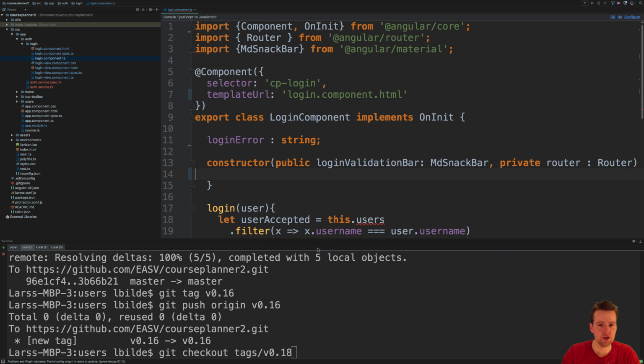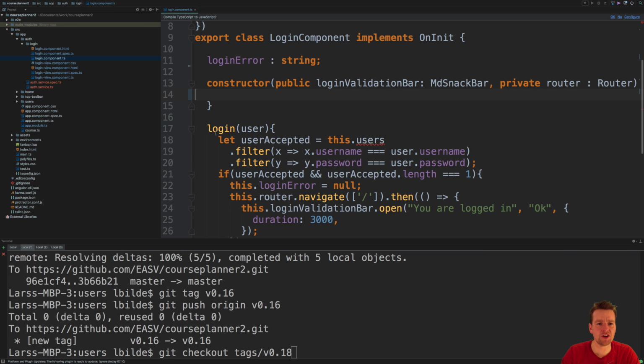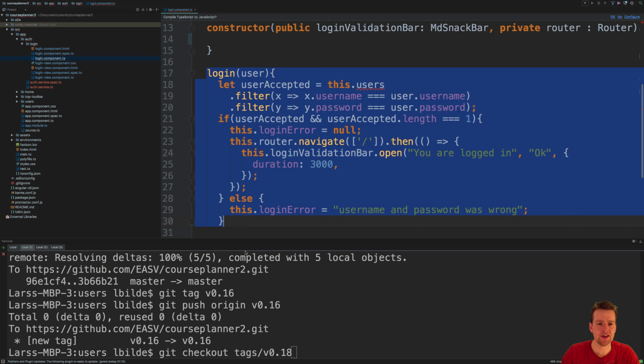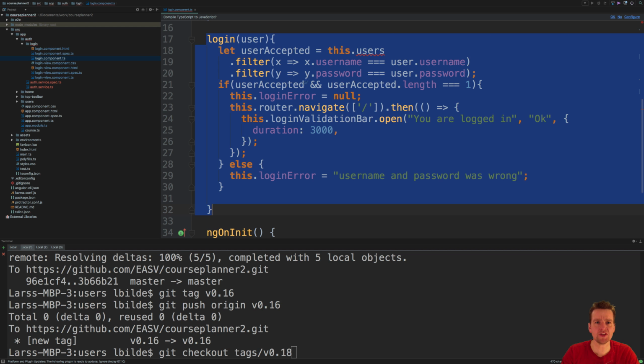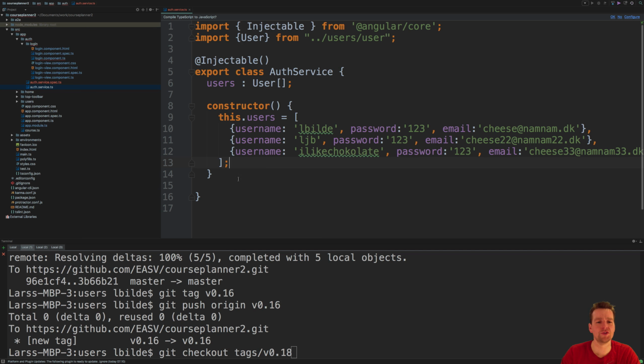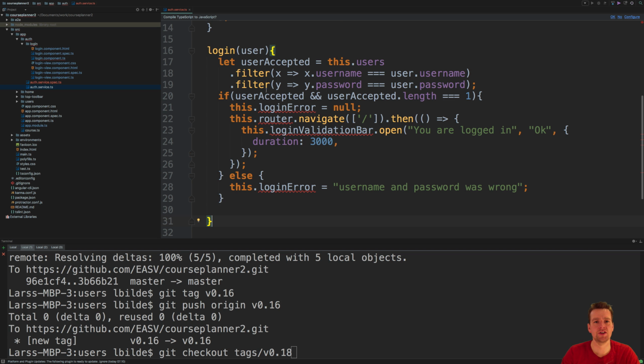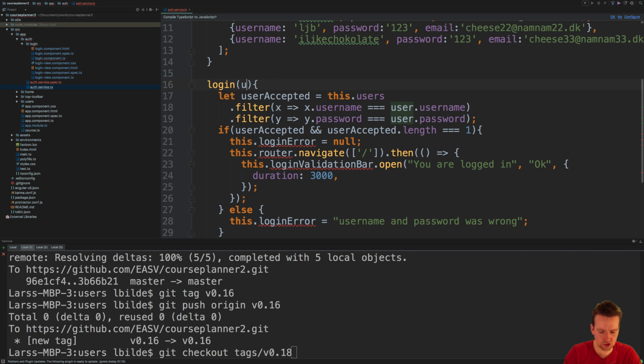Great. What else do we do? If you scroll down, this is the actual function for logging in that we made inside the login component. Now, some of this will stay, so I'll copy it. I won't delete it from here. Some of it will stay, but most of it will be moved down to the auth service, and I just paste the login here. So now, instead of actually getting a user, I want to get a username and a password,